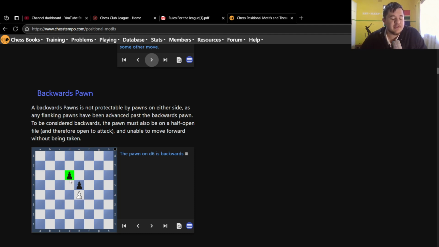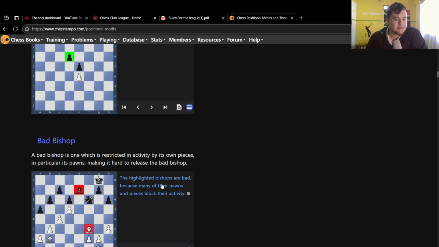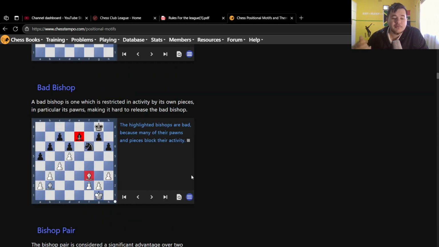This also happens in various Sicilian positions. When a structure like this happens, the c pawn's gone, you've got the e pawn pushed to e5, and you've got this d6 and then this hole on d5 that you try to secure. You don't want to let them push the pawn, you want it to stay there and be weak for the whole game. A bad bishop, often in the French,